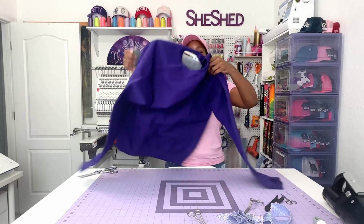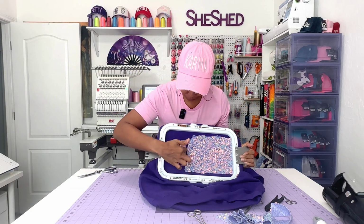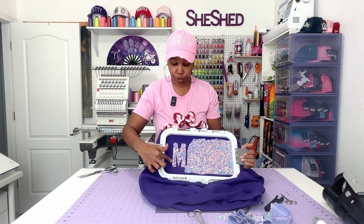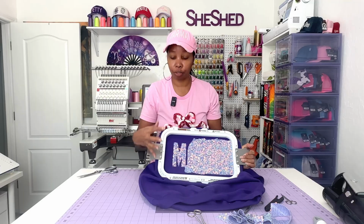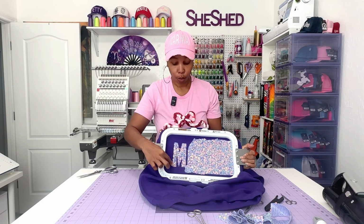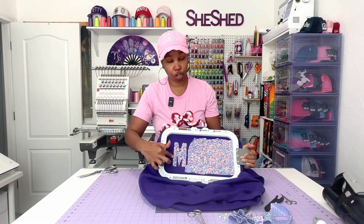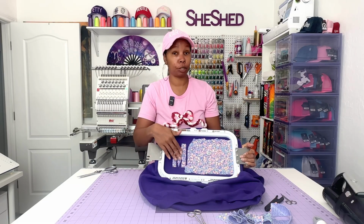All right. So I've cut out the M. I am gonna have to go back and kind of get the edge here on this side. I'll get a little bit here. But this is how you want to make sure that you get it right up against your stitches, as close as you can. You don't want to have too much extra fabric hanging past the thread, your thread line, or where your stitches are. Otherwise, again, even once you do that satin stitch, it can still show on the edges,